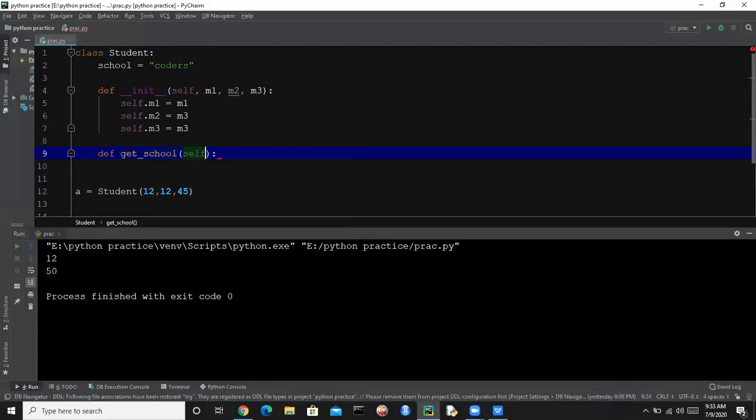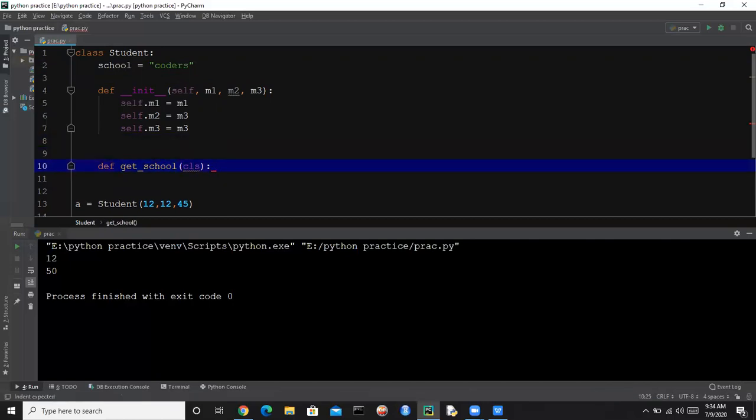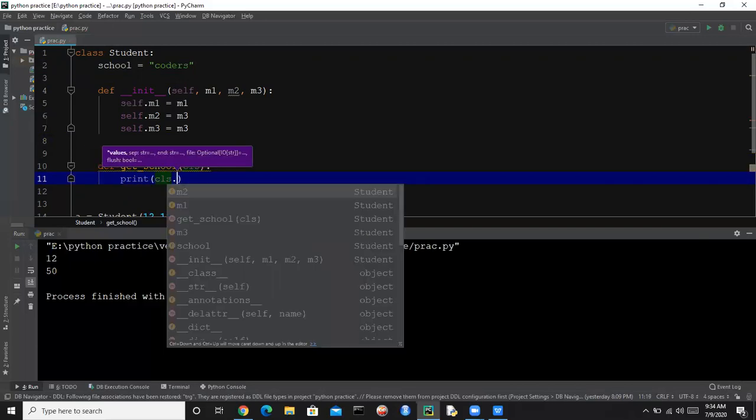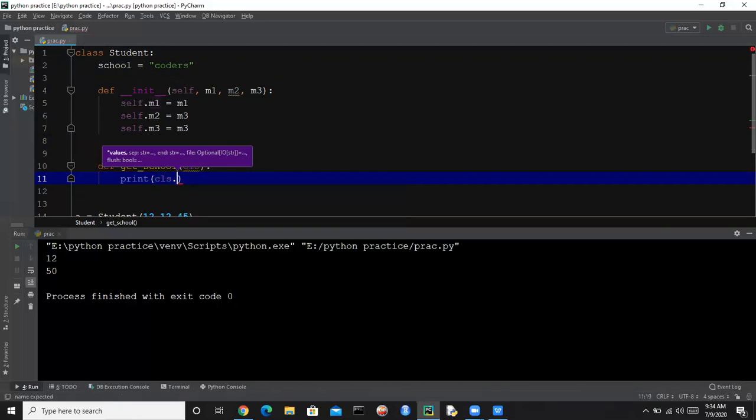And so if we are creating a class method, we don't need to write self, we need to write CLS. This is fixed, you cannot change the name of CLS, it is CLS only. So in this we are going to print CLS dot get CLS dot school.